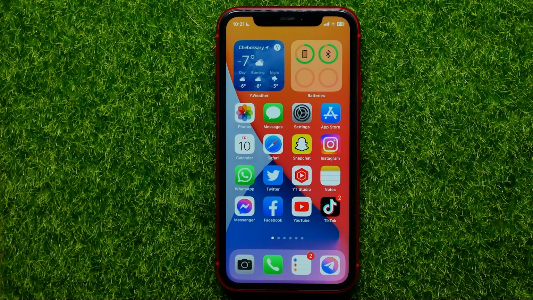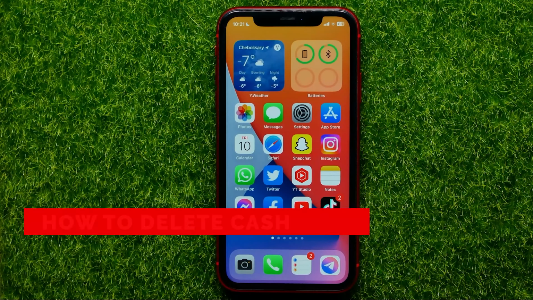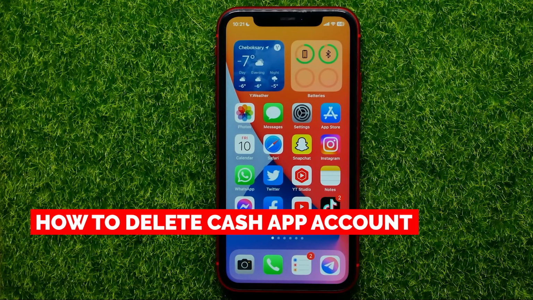Hello guys, welcome back. In this video I'm going to show you how you can easily delete your Cash App